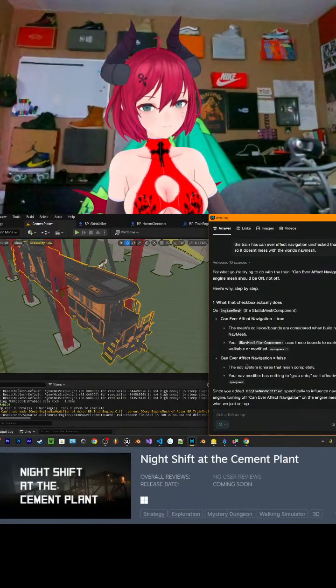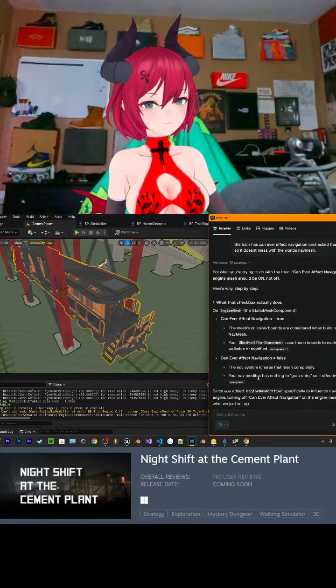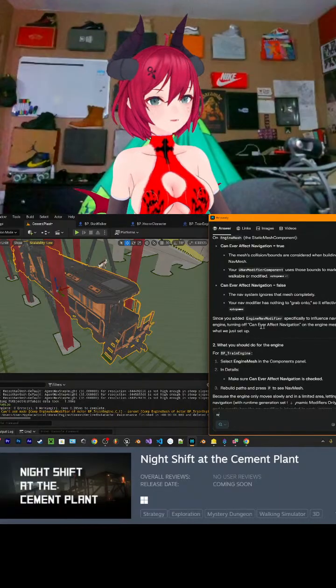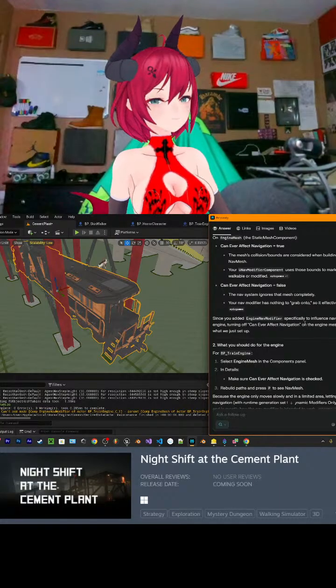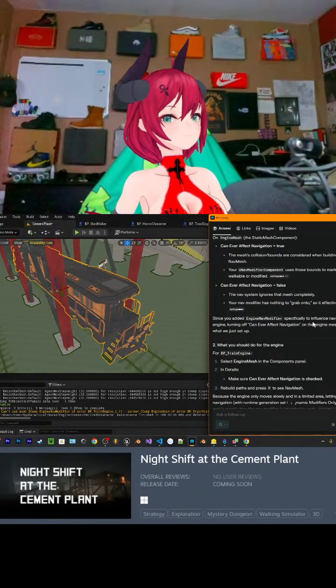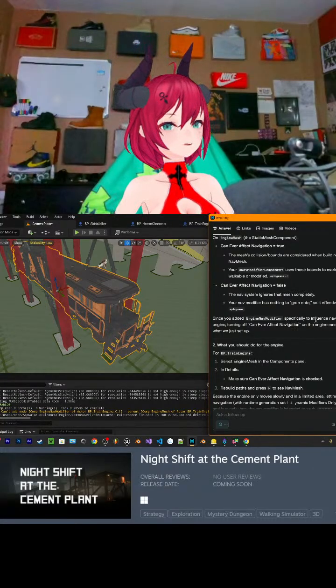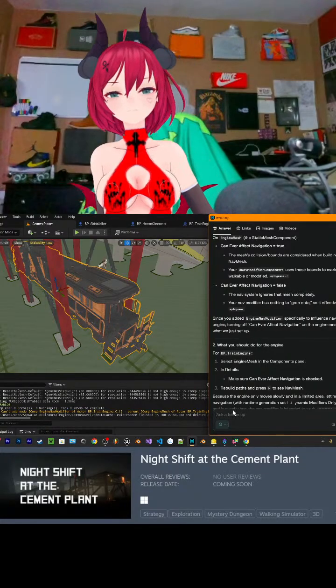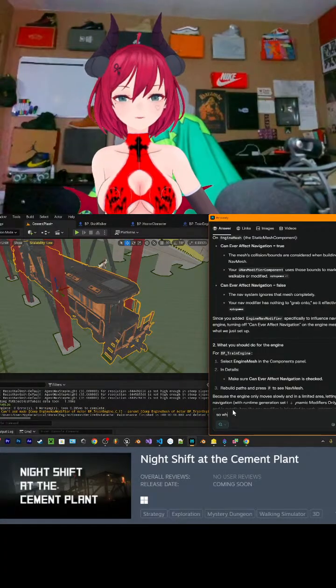Can never affect navigation: the nav system ignores the mesh completely. Your nav modifier has nothing to grab onto, so it effectively does nothing. Since you added the nav mesh modifier specifically to influence the nav around the engine, turning it off cancels out what we just set up. So if it's on,